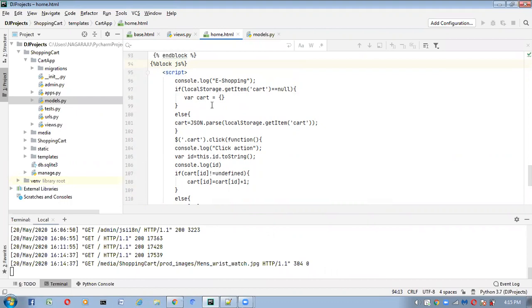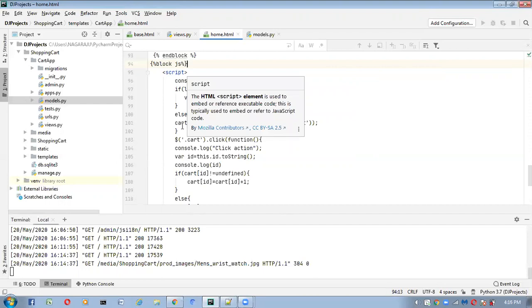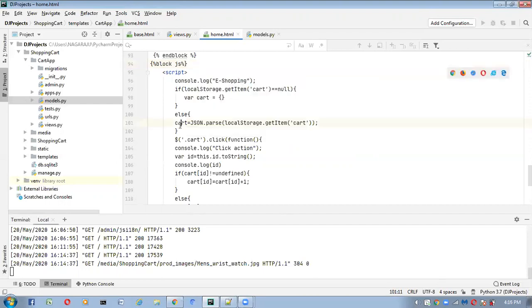If there are items, we read that item inside the cart. After reading it, next I have to update that count inside the cart. Here only we have to write the logic.